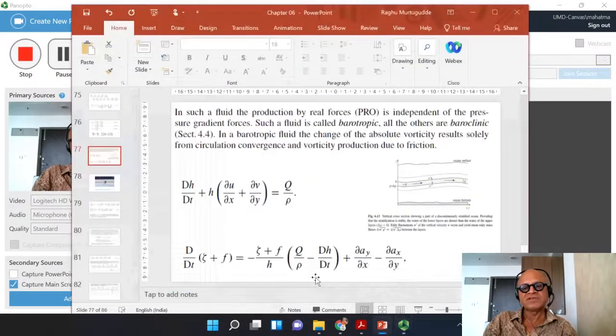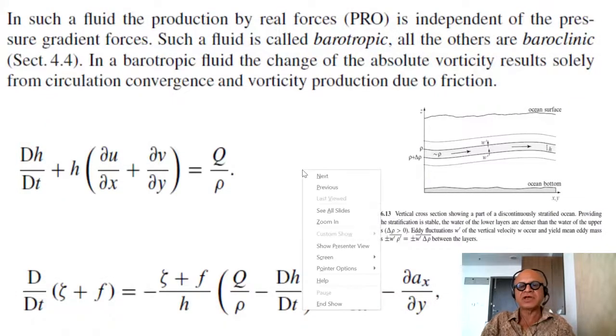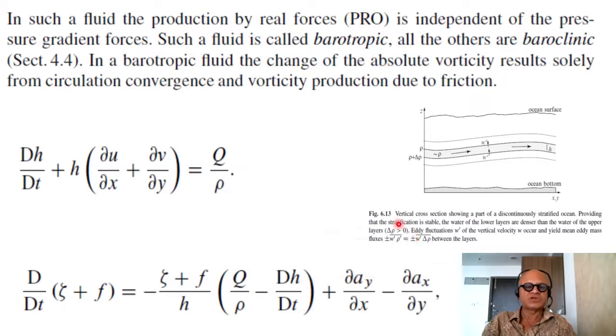So western boundary intensification, or the creation of these strong western boundaries, is one of the most interesting and important physical concepts in large-scale ocean circulation. So here we had this equation for continuity for this stratified fluid in the isopycnal system we are looking at, and we wrote the